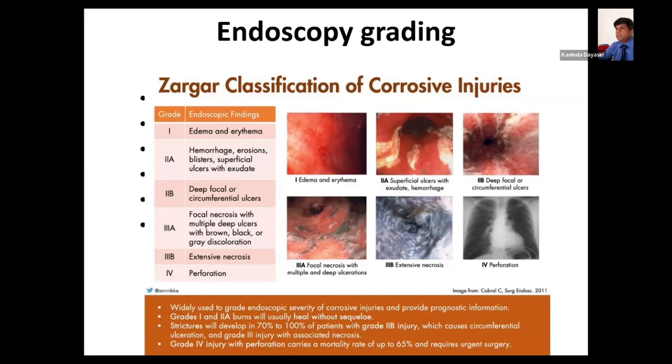And the role of steroids is quite controversial. There is no agreement on using steroids for a patient with a corrosive injury. There can be institutional practice, but it is difficult to give them, because sometimes they can result in perforation. But if it was severe, you can try a steroid, and that can sometimes help. Apart from that,